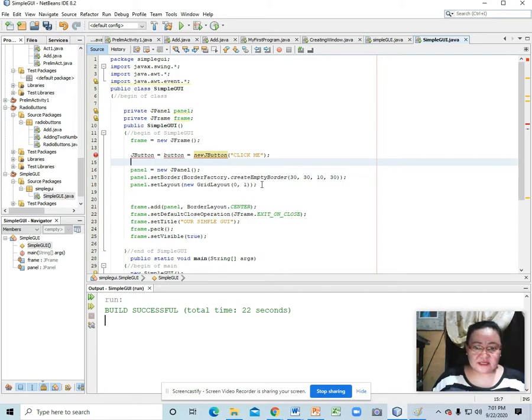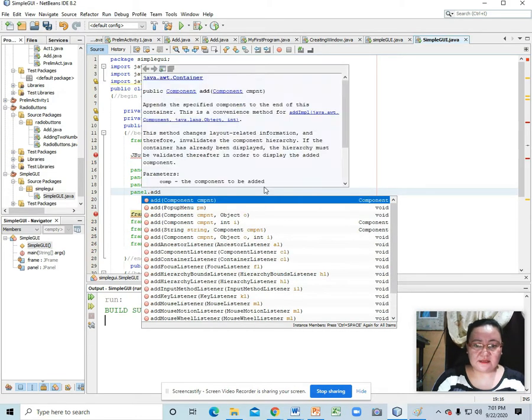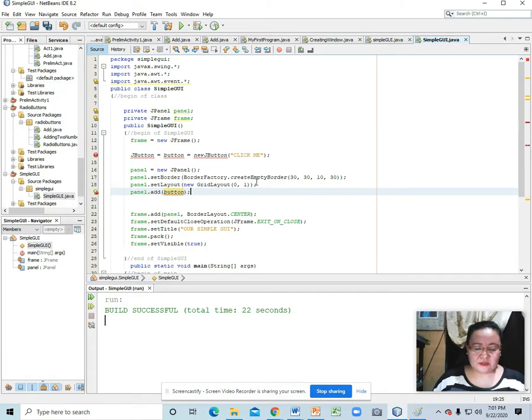So let us add the button in our panel by typing panel.add(button). Okay,